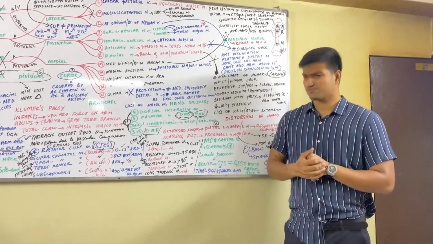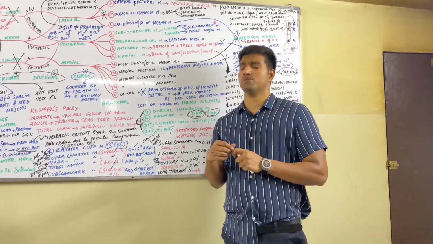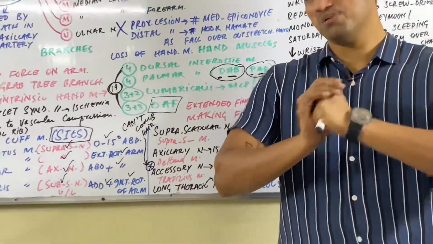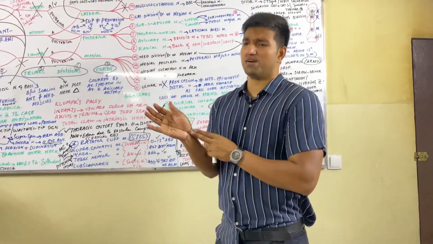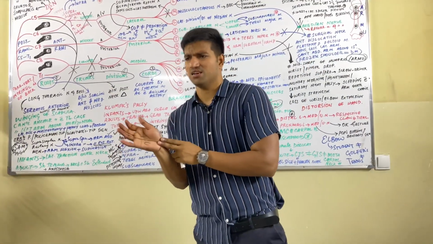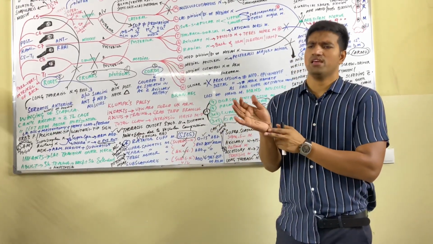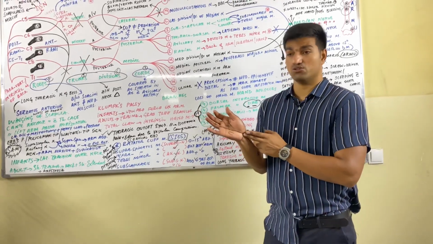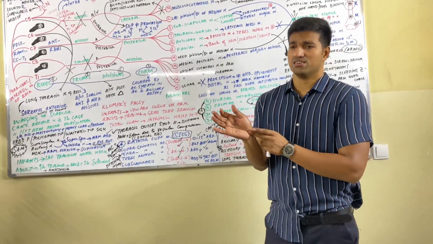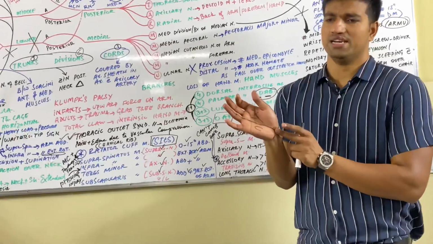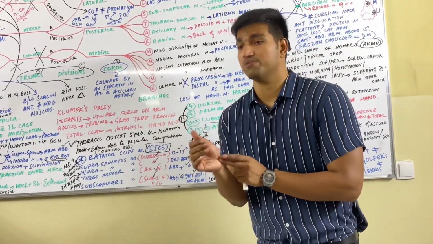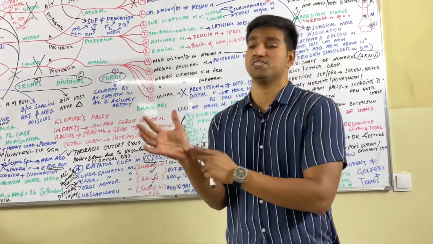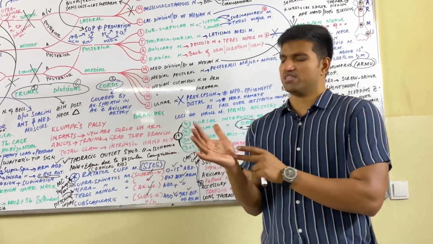Then the most commonly dislocated carpal bone is the lunate. It will lead to acute carpal tunnel syndrome. What is carpal tunnel syndrome? The median nerve passes through a tunnel made by the flexor retinaculum and the carpal bones. If there is a dislocation of the lunate, it will compress the median nerve, and entrapment of the median nerve in the carpal tunnel leads to a syndrome called carpal tunnel syndrome. There is a pricking pain over the lateral area.